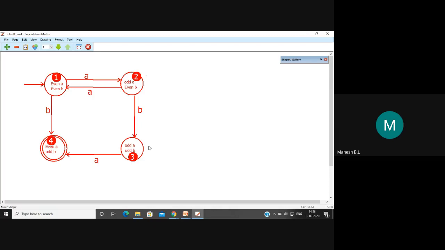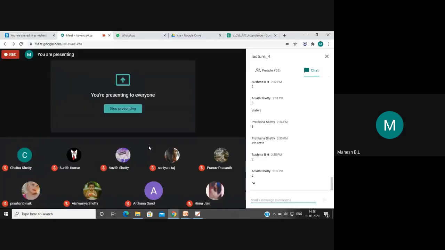Now let's say you are in state 3, you encounter B. To which state is your DFSM going to make the transition? From state 3 to which state on reading B? Tell me the answer. Why are all giving wrong answers? What is the problem?